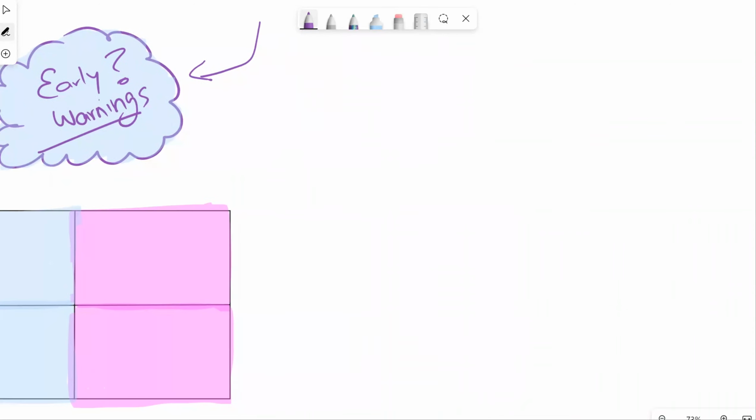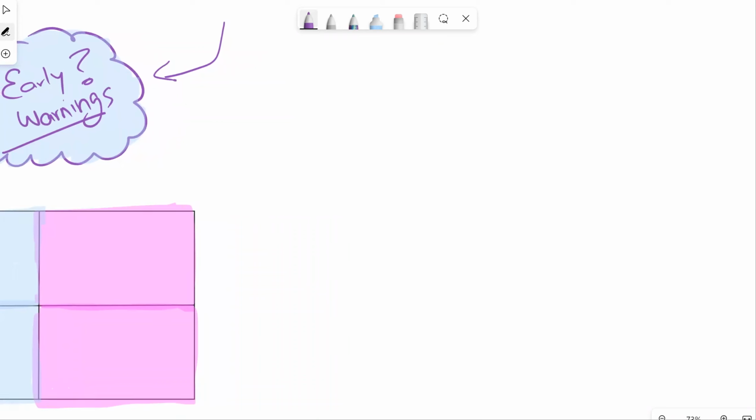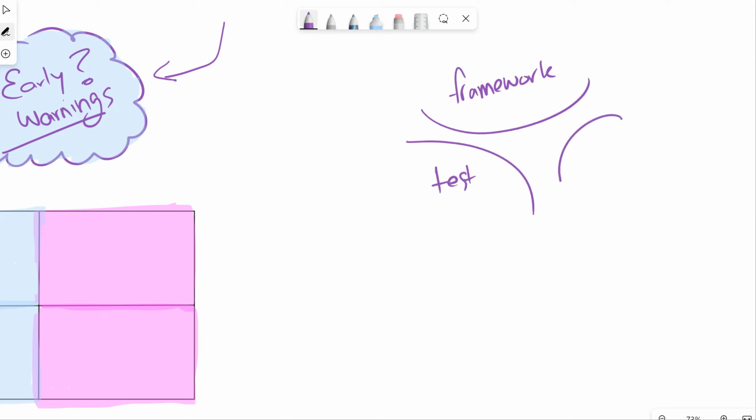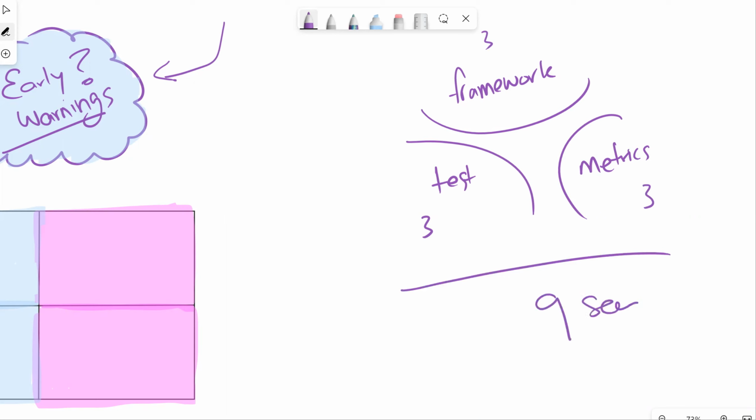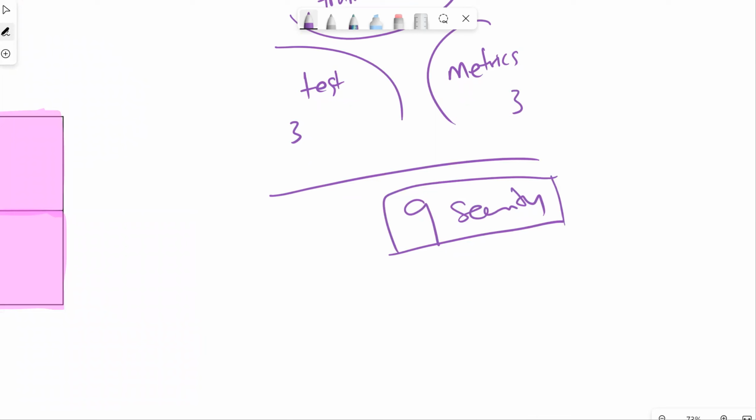Now, before we jump into that, for those of you that have already been a follower of some of my work, you may be familiar with my 9 security elements, where I talk about our frameworks. We've spoken about testing. I have spoken about metrics. And then each of these functions have 3 key areas, and they bring up the 9 security elements across security. Now, these 9 controls are something that I've developed that we can take into any organization. I'm not going to cover these right now, but I'm giving you an update of where these early warnings have come from.